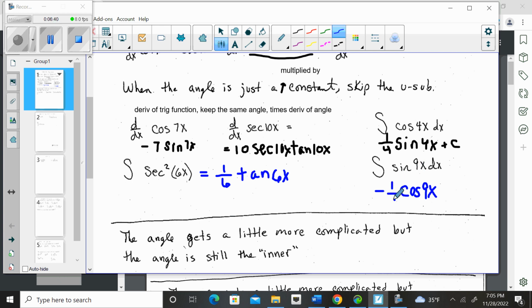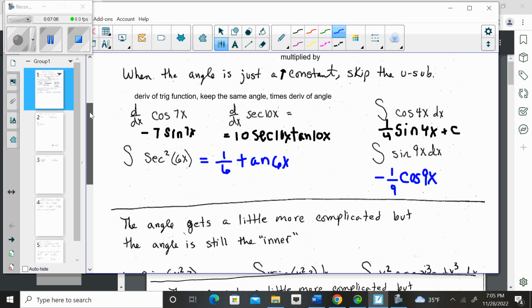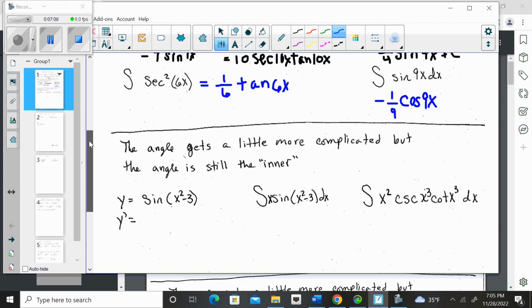It's in front. Okay, so I want you to look at the commonalities, right, and make generalizations. Angles always stay the same. I'm just using the derivatives or antiderivatives. Constants go in front for derivatives. Reciprocal of constants go in front for antiderivatives. Okay, so now let's go down to this section and see, well, what happens when things get a little more